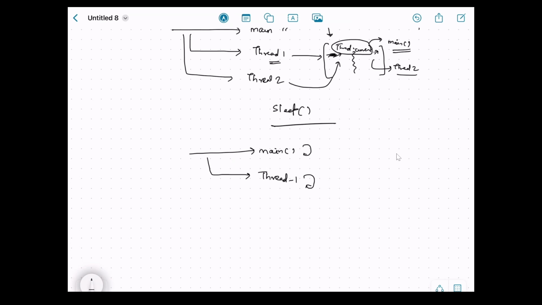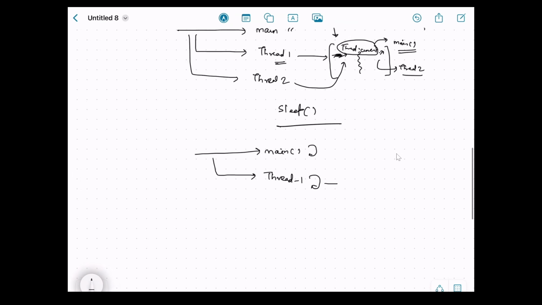And when thread is out of the sleep state, maybe the time that we have defined is over, or maybe it was notified by the JVM or another thread, basically interrupted. In that case, thread will come out of the sleep and it will continue the execution or it will terminate abruptly. So it depends on the use case. So now suppose we call this sleep method, what it will do, it will put the thread in the sleep state, all right, where it will not execute. It will wait for the time to be over. And when the sleep time is over, it will be put back to the runnable queue